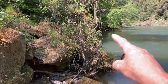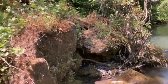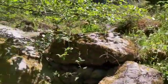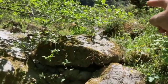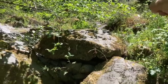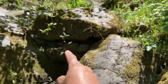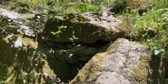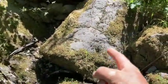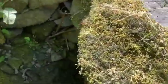Well, I moved from over there because I was getting pretty far back under those rocks and decided to move over here. So up there is the bedrock shelf that I walked in on, and right at the end of it, you can see how the topography would have the water draining this way. You've got these 2 big rocks as dams here, and I started clearing out behind it in here,